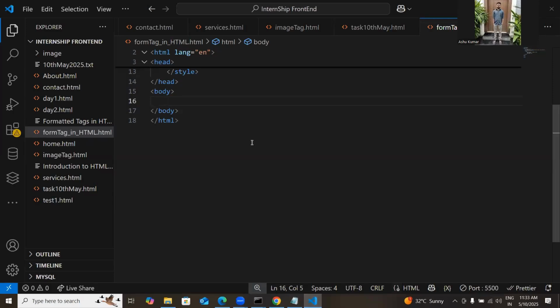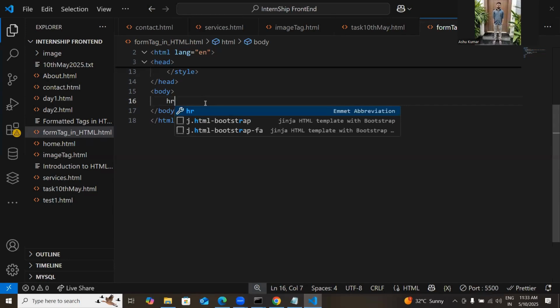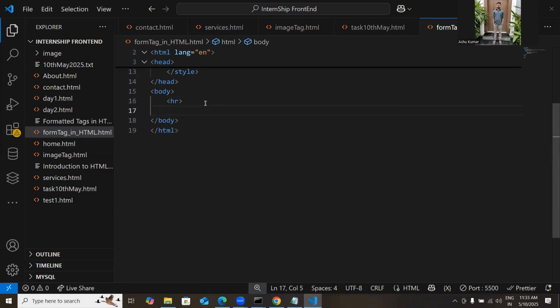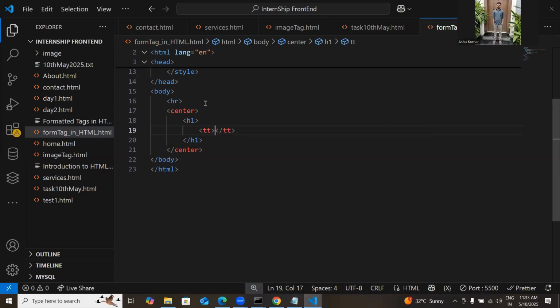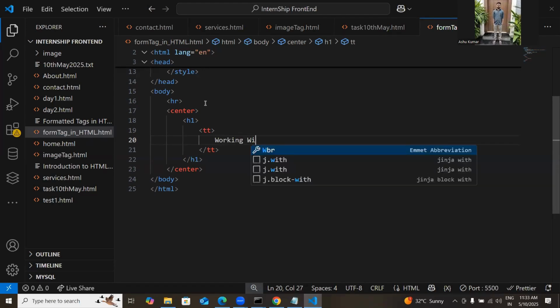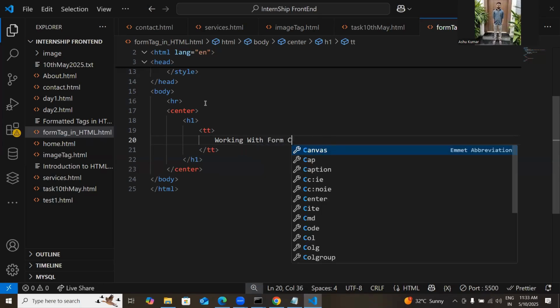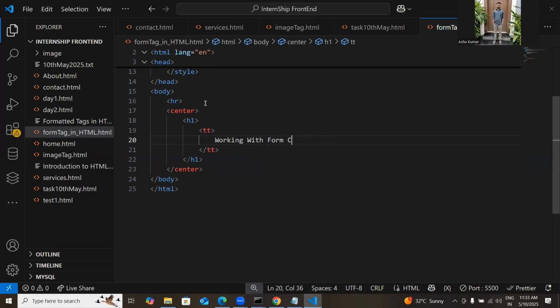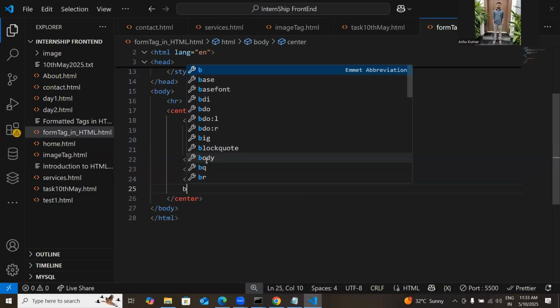So this is my VS Code here. Once again, in the body tag, I'm going to provide HR. In this HR, I'm putting center tag. In the center tag, I am putting H1 and TT. At this point, I'm going to write here inline working with form components, working with form tag. Here once again I'm giving a char, a BR, and here one another